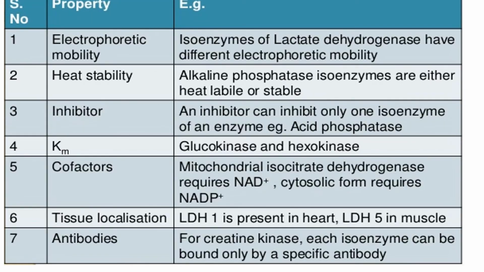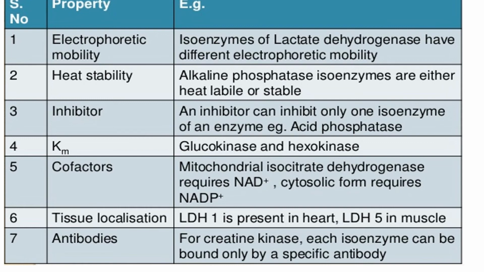Now, if you recall, while we were discussing the definition of isoenzyme, isoenzymes are characterized on the basis of their physicochemical properties, their mobility on the electrophoretic field, their kinetic properties are different, and immunologically they react with different types of antibodies. So this slide is showing you the various characteristics of different isoenzymes.